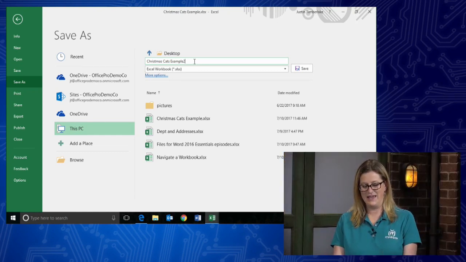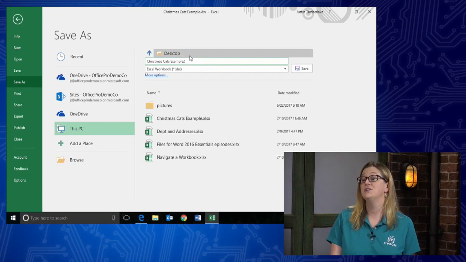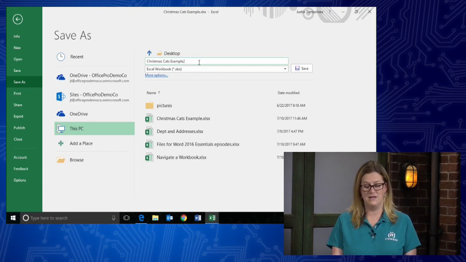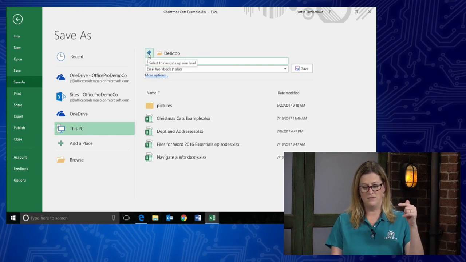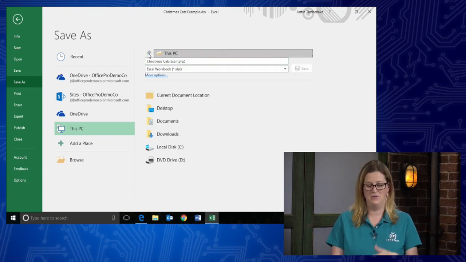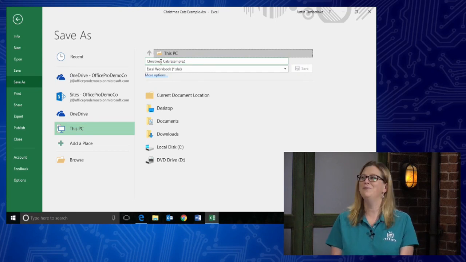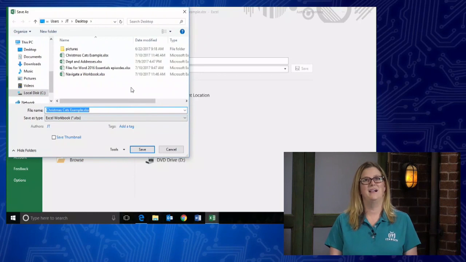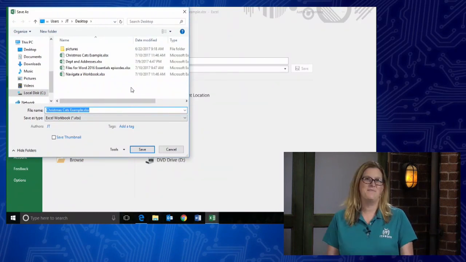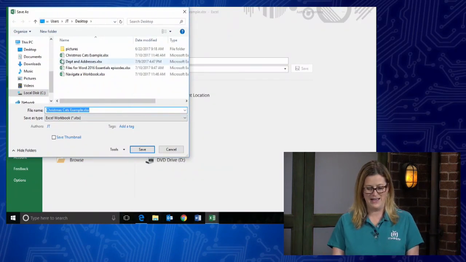So you can see I can change the name. I can also change the location. Maybe I want to put this into my Documents instead of the desktop. So within this dialog box, there is this little select to navigate one level up. Well, one level up is this PC, so I really probably shouldn't go there. Again, this is just me and my old school ways. I'm just not as comfortable with this interface of doing the file save as. I always go over here to the browse and go to this dialog box. I know it's the same thing, but I'm just comfortable in this one,